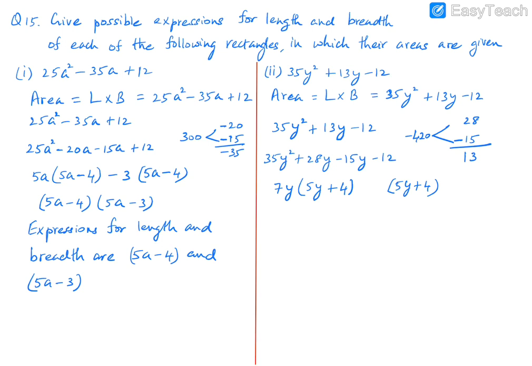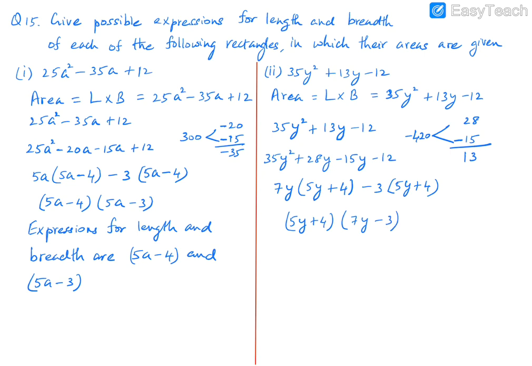So we have 5y as the first term in the bracket, so we multiply 5y with minus 3. That should give us minus 15y. So minus 3 into 5 is minus 15, and then we also have y, so it's minus 15y, and minus 3 into plus 4 is minus 12. So now we can take the 5y plus 4 as a common factor, and then we have 7y minus 3